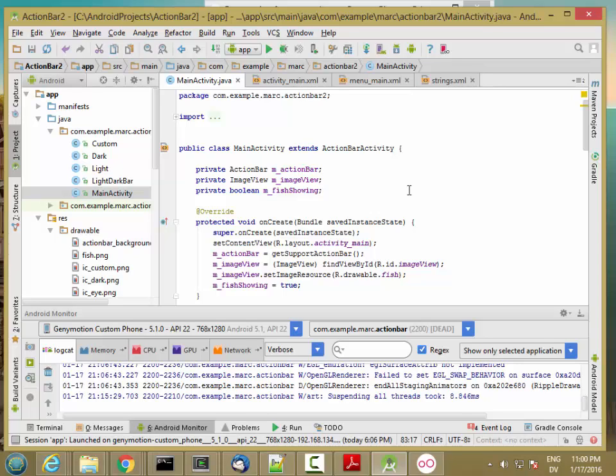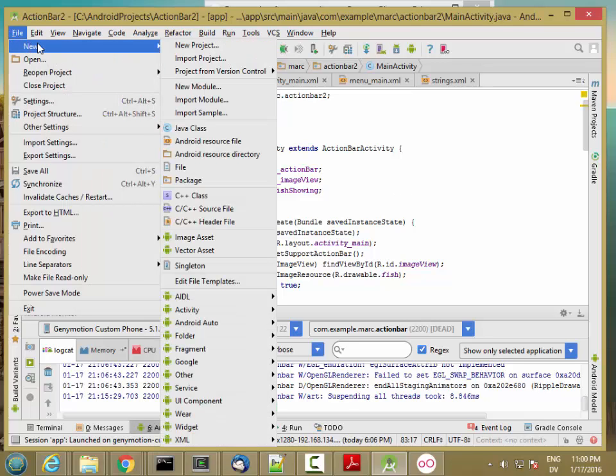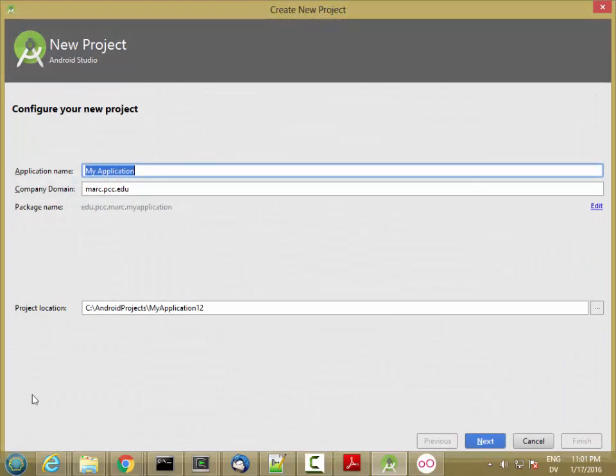In this video, we're going to look at the differences between the 1.0.1 blank activity project template that we started using for the action bar example this week and the new blank activity template that comes bundled in Android Studio, the new version. So I'm going to start by saying File, New Project, and my application name is going to be Marshmallow Action Bar, like so,